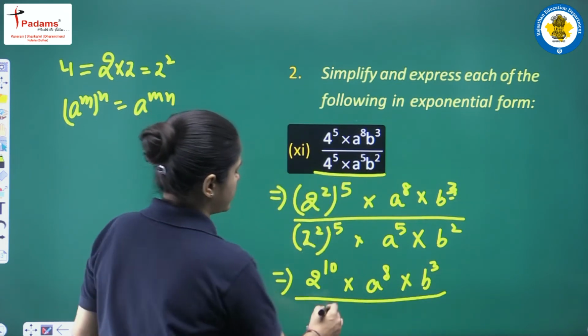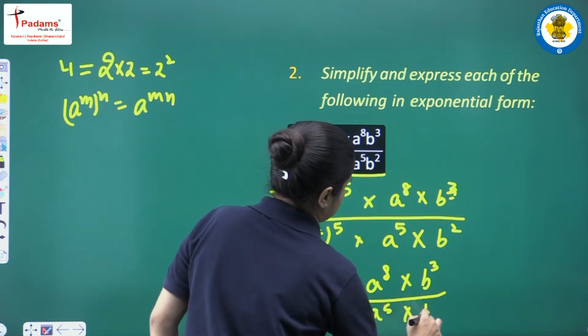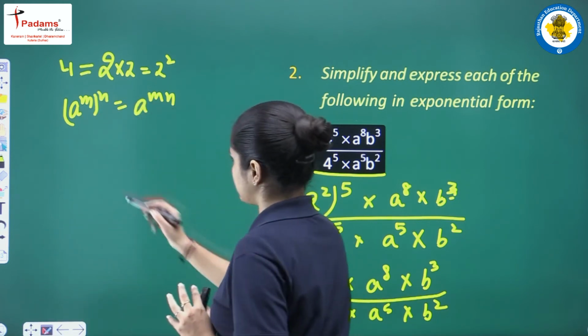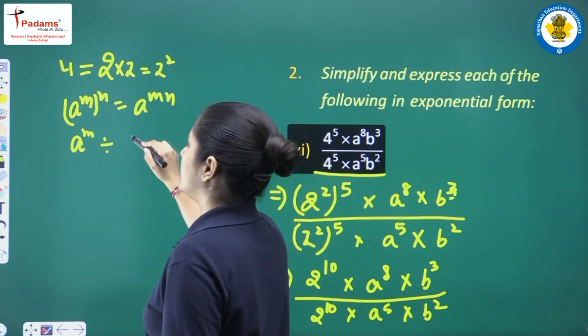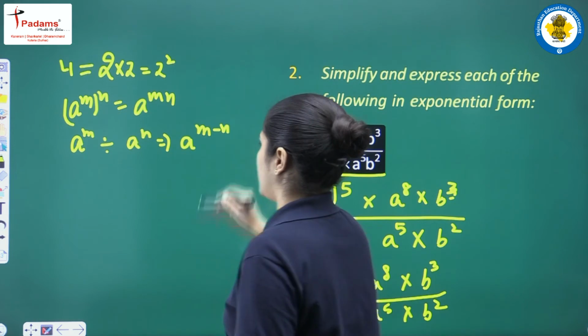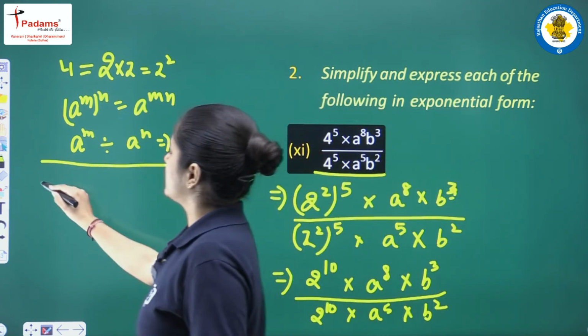2 into 5, that is 10. Right students, coming this far, look: when the base is same and division is there, then students, we subtract the powers, right? Now look at this question, 2 raised to power,